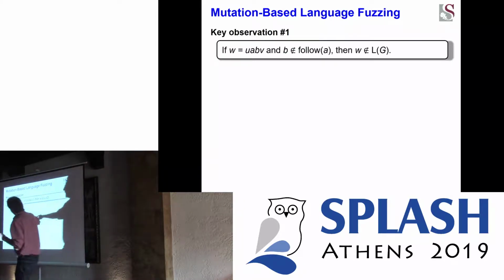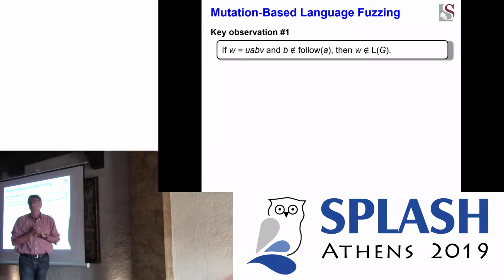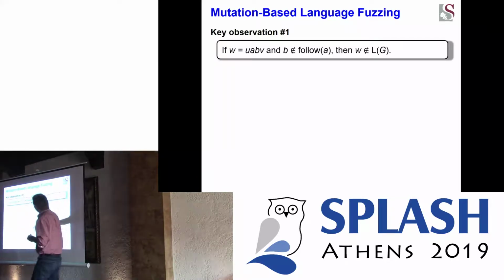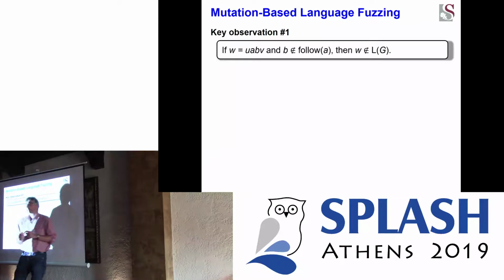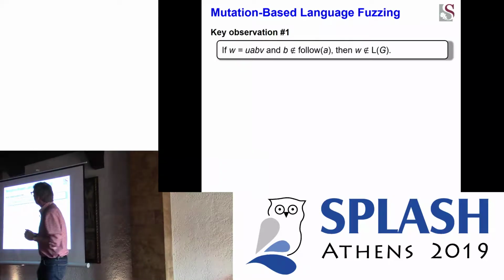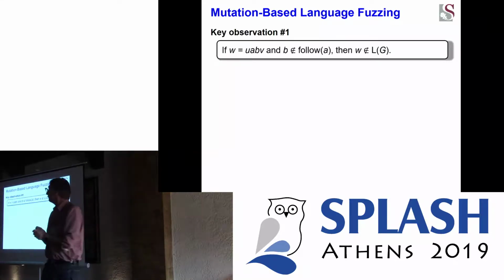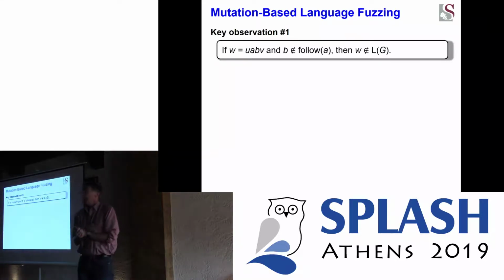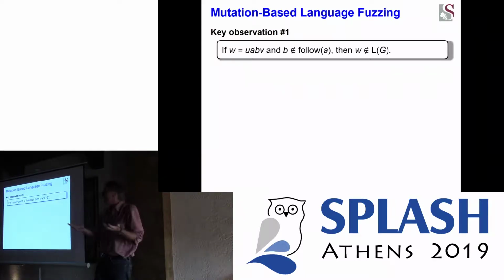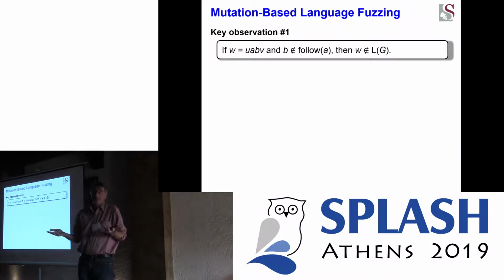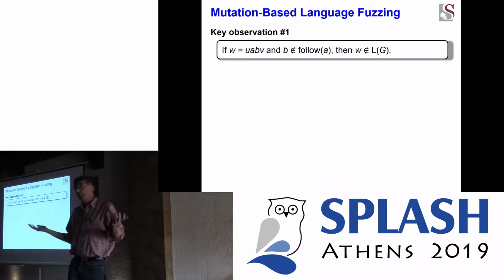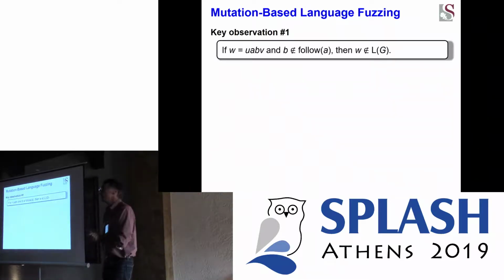If we have a sequence of tokens, and we have two tokens, A and B, and B isn't in the follow set of A, then this thing can't be a legal word. Right? Very easy. If it were a legal word, then B must be able to follow A. If it can't follow, it can't be a legal word. And that's what we're going to exploit.